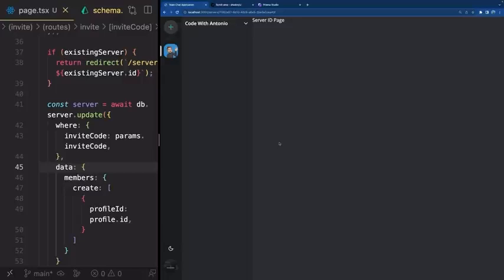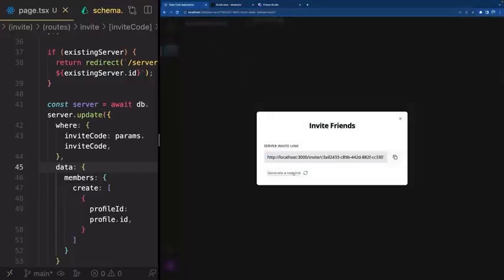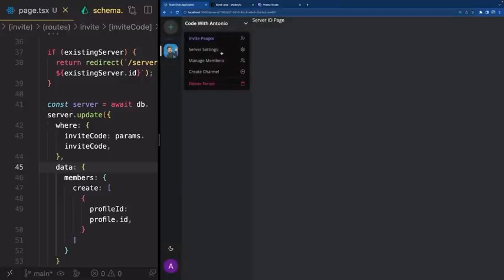Great. So what I suggest you do is that you log in back into the account that is an admin on this server so you can continue developing all the other options. So I'm just going to do that quickly. There we go. So we completely wrapped up our invite people. We can generate new links. So now that I clicked generate a new link, if the person tries to send that old URL to someone else, it's no longer going to work because it changed in the database. So that's how cool this generate a new link is, because we can easily invalidate links if we don't want them to be spread around. Perfect. So you finished the invite friends model, you confirm the functionality works,